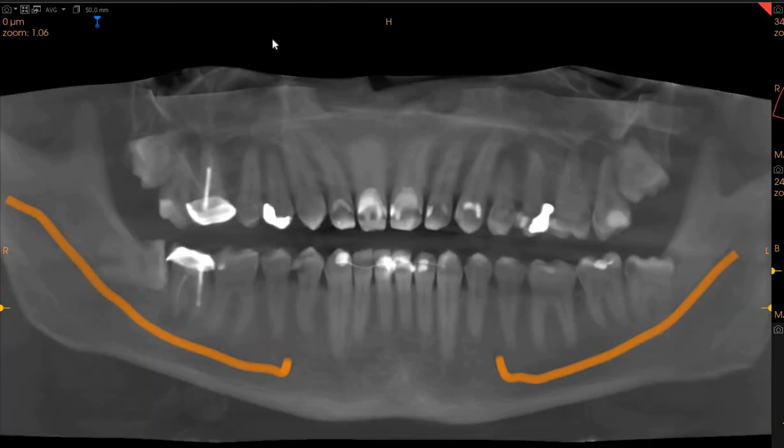This is the CBCT of the patient that you had requested. The area of interest is the upper right and the lower right wisdom teeth, and the upper left and the lower left wisdom teeth. Starting with the upper left wisdom tooth, as you can very clearly see here, that it